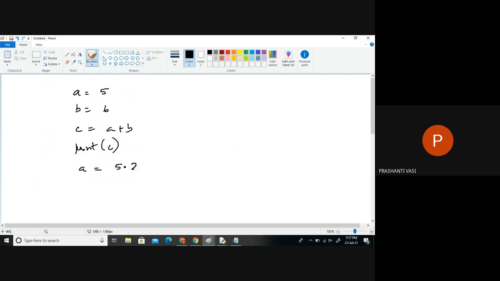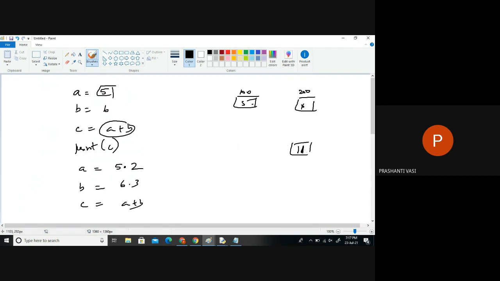You can say 5.2, you can say 6.3, and you can say again A plus C. Whenever you assign new data, every constant is loaded in some location in the machine, only once in the system. Once you have done the addition, the answer is also loaded in a new location. And now this is referred through A, this through B, and this through C.